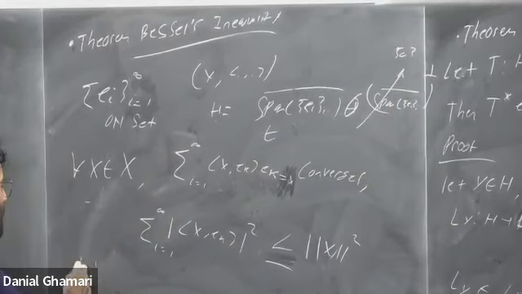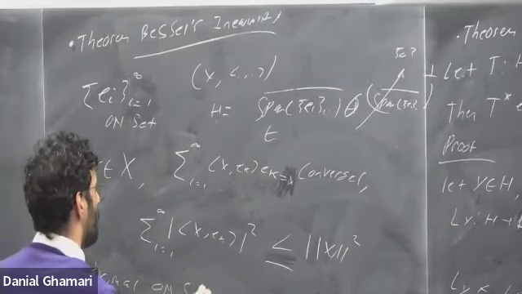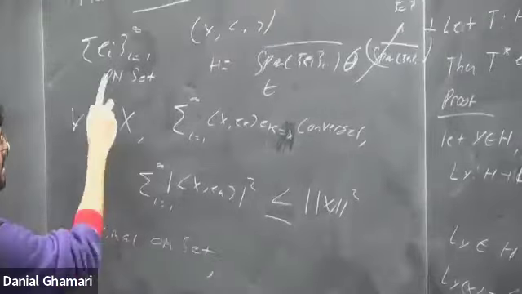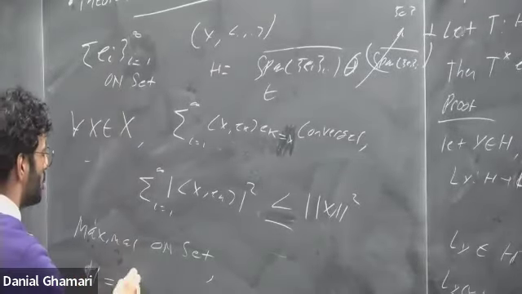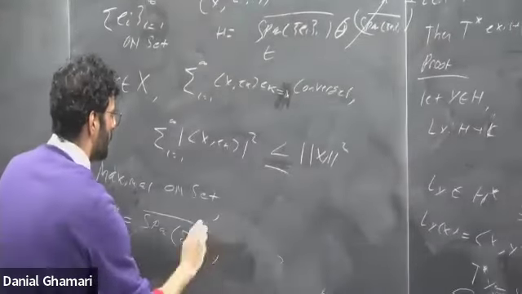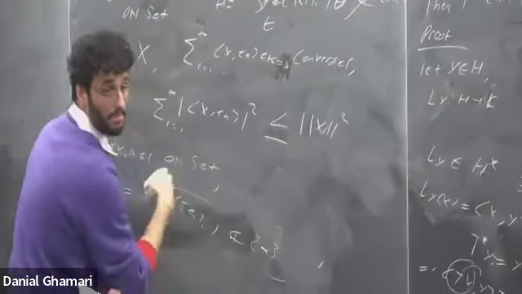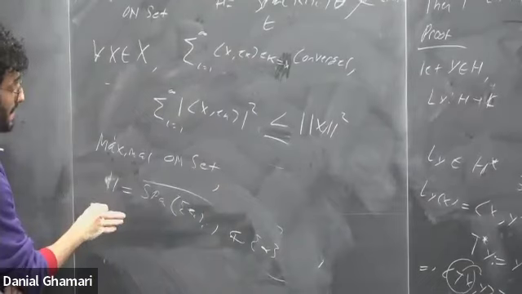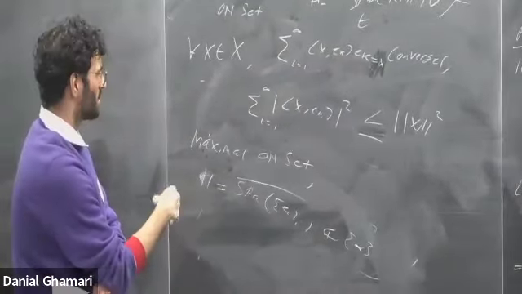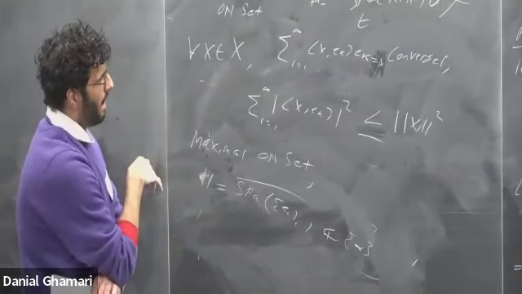That's where we introduce this idea of a maximal orthonormal set. How do we define a maximal orthonormal set? It's a set of orthonormal vectors such that H is equal to the closure of the span of e_i, plus the orthogonal complement, which is just equal to zero. This is the definition of a maximal orthonormal set. And you said this works for the uncountable case? Yes, it also works in the uncountable case, with the exact same definition.